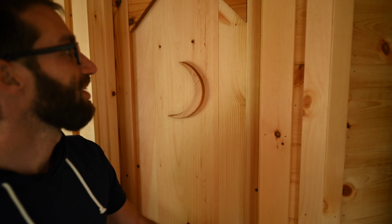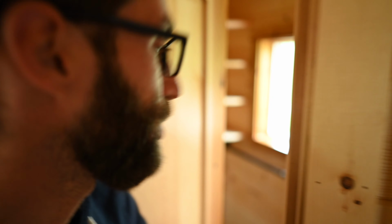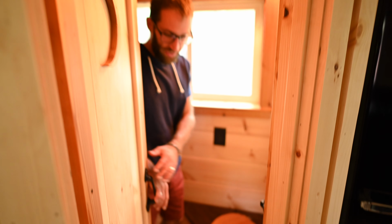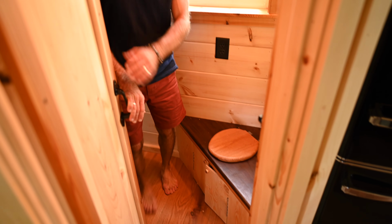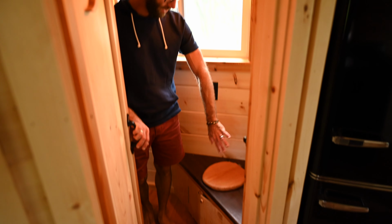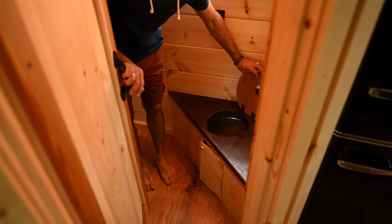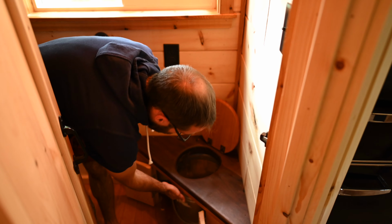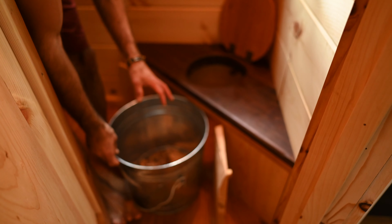So the only room in the house is the bathroom, and Cassidy wanted it to look like an outhouse a little bit, so we got a little crescent moon on here, and I would invite you to come in, but it's a little tight. So what we got here is the shower is over here on this side, and so we had an area in the middle, so we put the corner toilet here tucked in the corner, and the composting toilet. So just pull the bucket out there, we'll be putting sawdust in, and